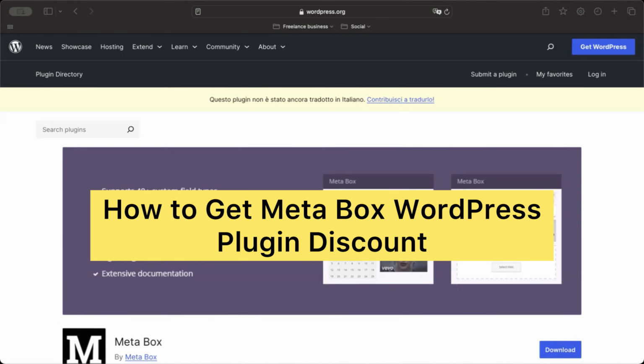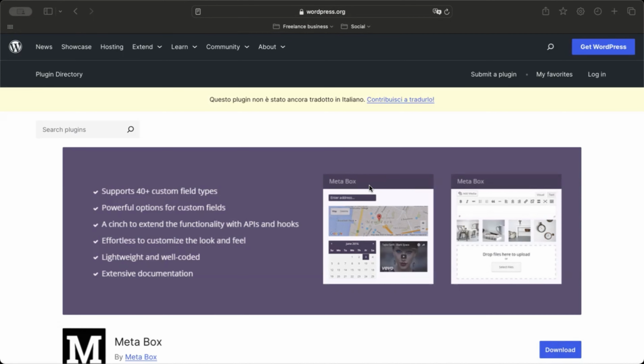If you're building custom WordPress websites, Metabox is one of the most advanced tools for creating custom fields and content